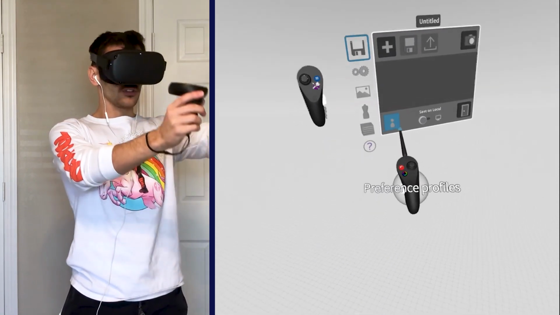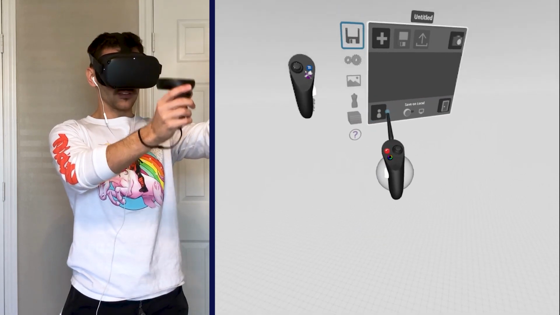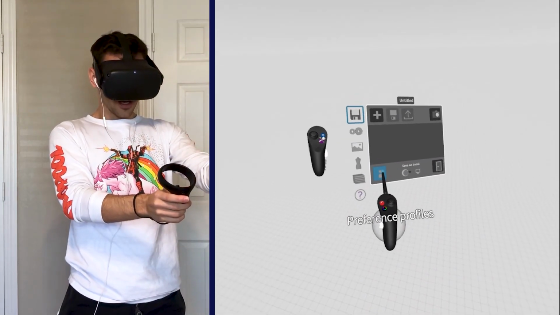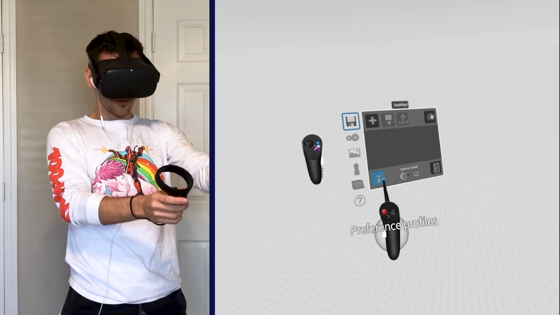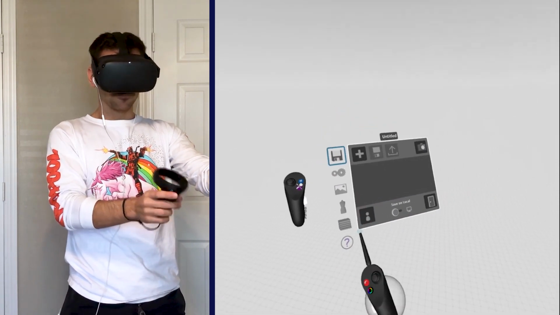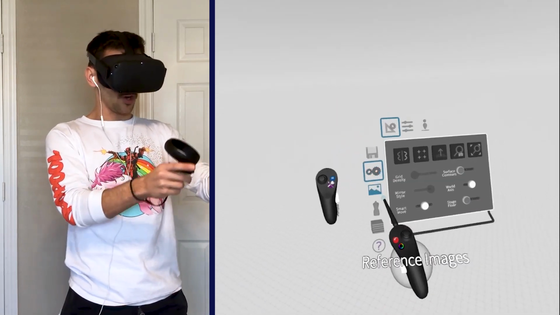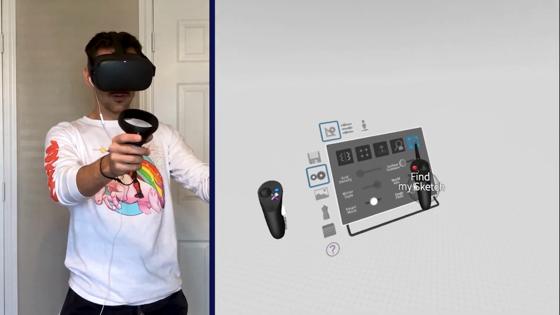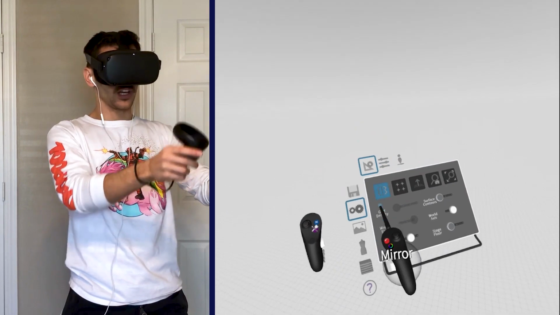It is a little kind of close to my face and not very high contrast. Maybe if there was a black on white option, that might have been easier to see. But not a big deal at all. And all of these, every single one of them has a tooltip, which is phenomenal. I